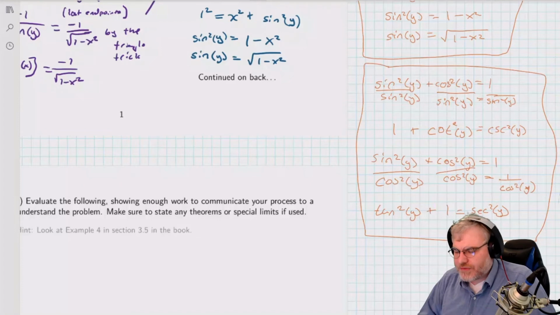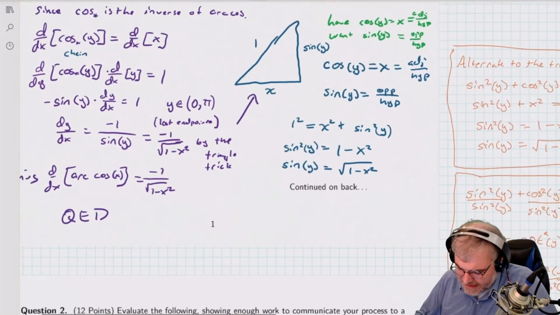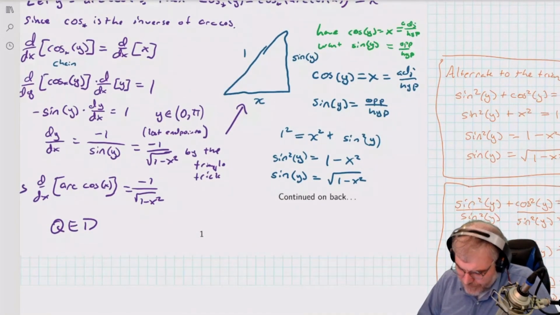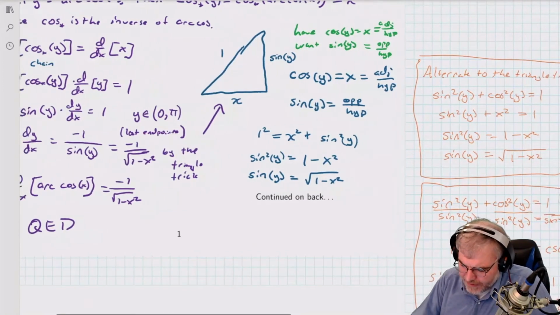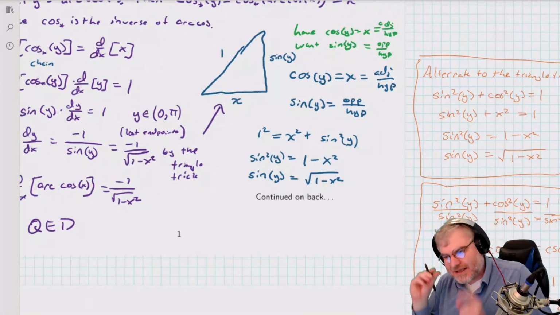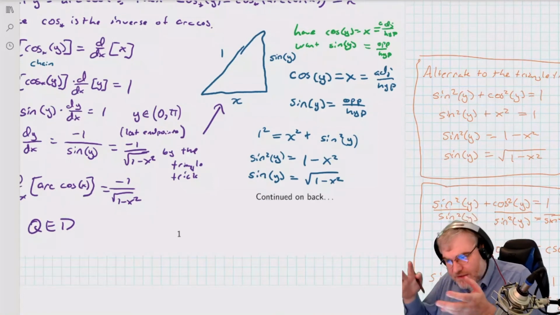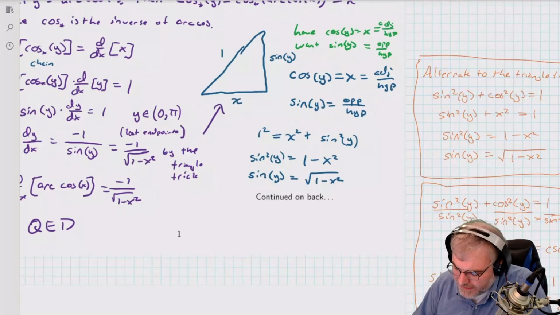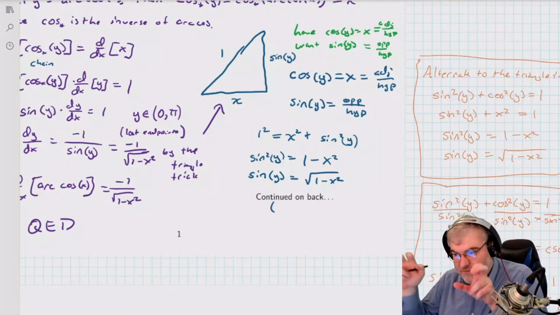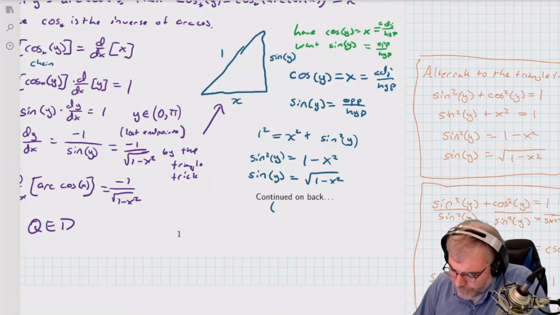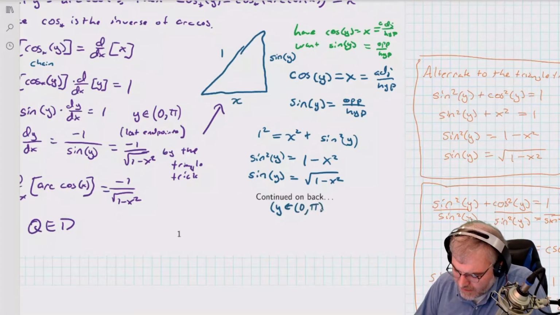As far as the person who's doing it, one other detail that I didn't mention, that I should have, was right here. Again, one of the details that makes up enough, right? So I don't have to mention every single one of these details, but one of the details that I could mention to get enough detail is y is in 0 pi, so sine of y is greater than 0, and